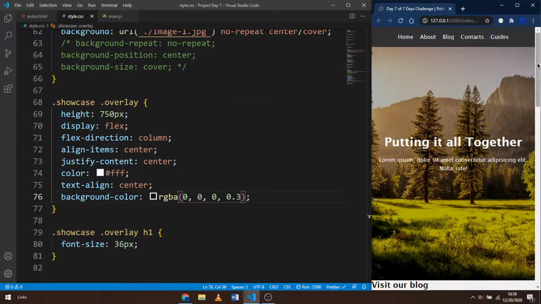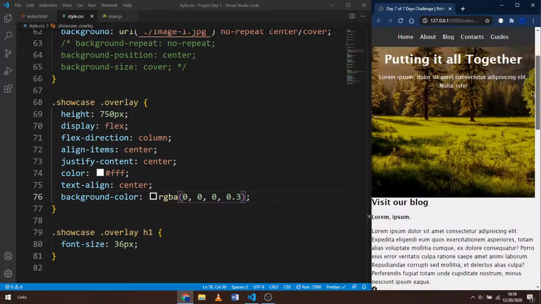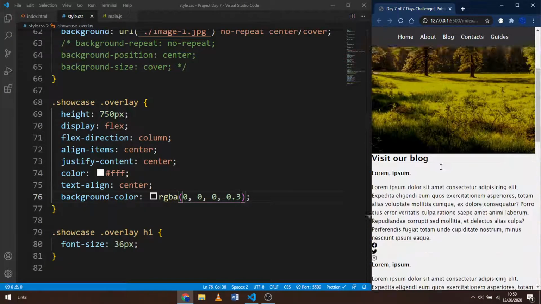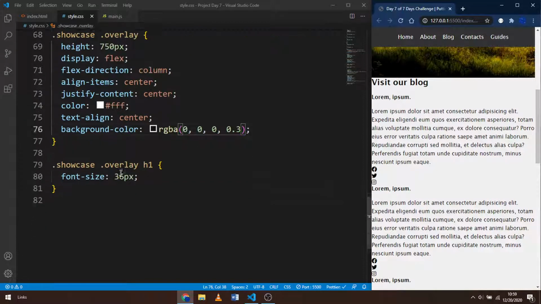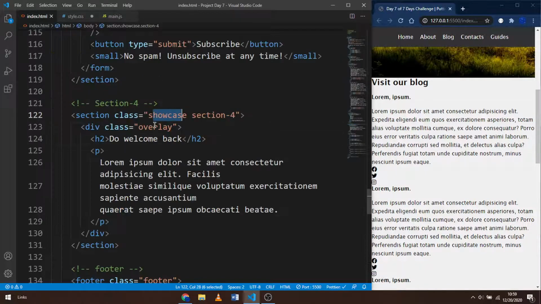That's much better, and you can see the same style will apply for this. So we're only going to change this image, so don't worry about that. And we are done with this, so we are going to style our blog next. So I'm going to place a comment and say blog. So it has a class of